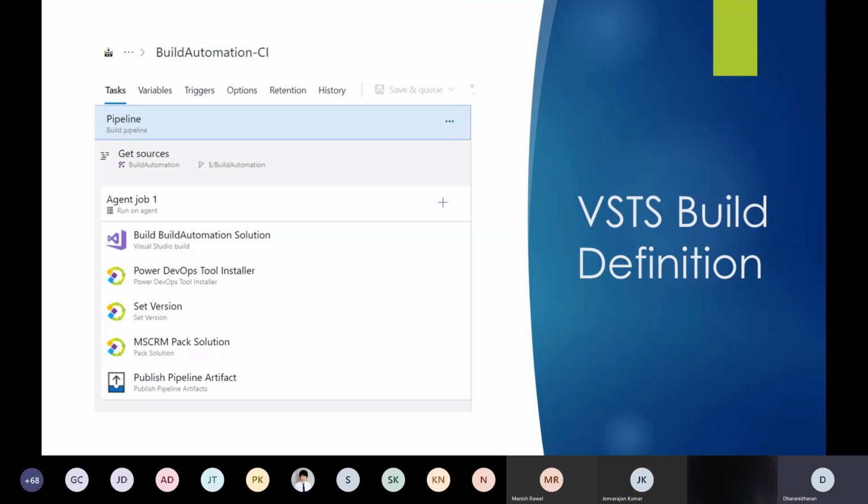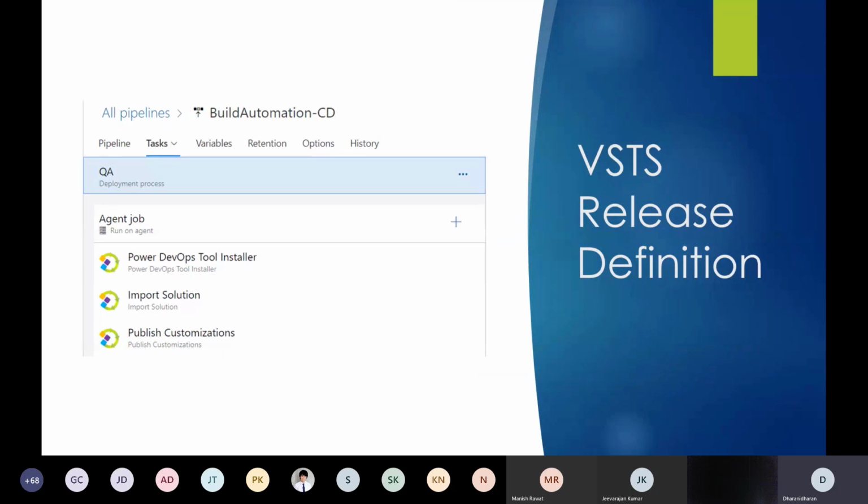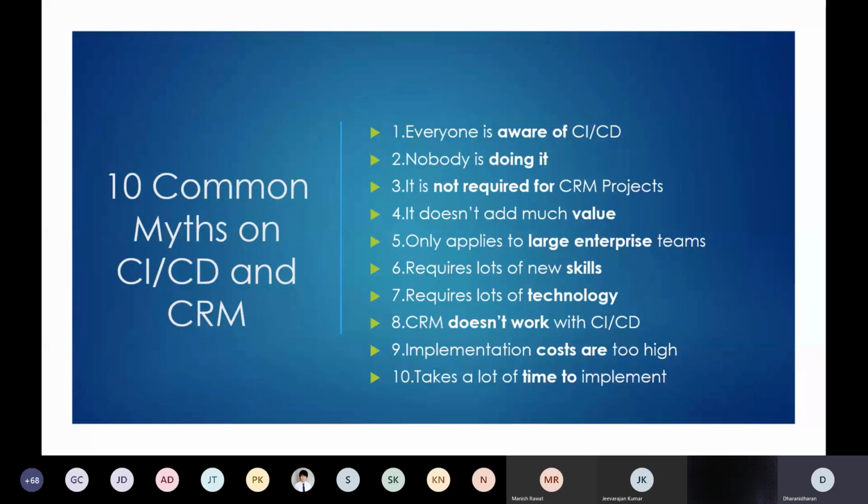So this is the build and release definition which we have seen in the system demo. And there are 10 common myths we have about following the CI/CD process. Everyone is aware of the CI/CD process, but no one is doing it, because people feel like it's not required for CRM projects, and that it does not add value to the project. They also think it applies only to larger enterprises. It won't work for the